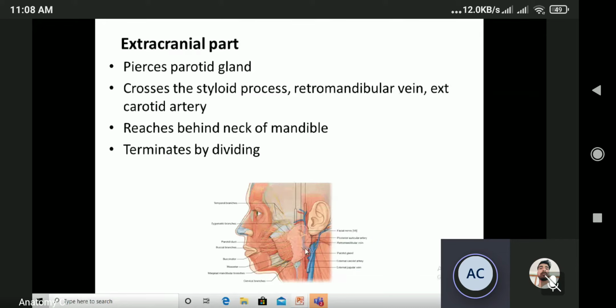Then here it also crosses the retromandibular vein, the superficial one, and then also the external carotid artery. So it crosses the styloid process, retromandibular vein, and the external carotid artery. Then it reaches behind the neck of the mandible. So the facial nerve, you should remember its course. You find the facial nerve also at the neck of the mandible. Then it finally terminates